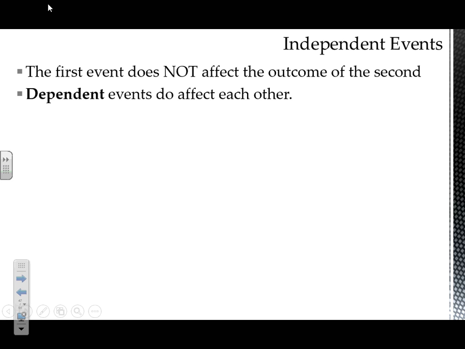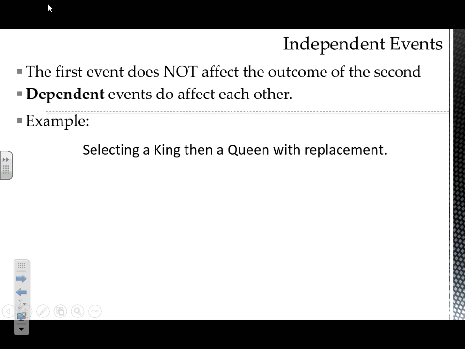Rolling a die. If I roll a die, I pick it up and roll it again. Each time I roll it, each probability stays the same because those events are going to be independent of one another. But there will be scenarios where you might be dealing with other topics that might not be as intuitive, whether two things are independent or not. So we're going to talk about a way to determine independence based on probabilities.